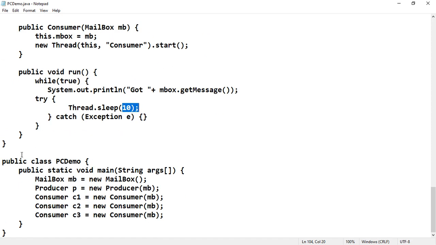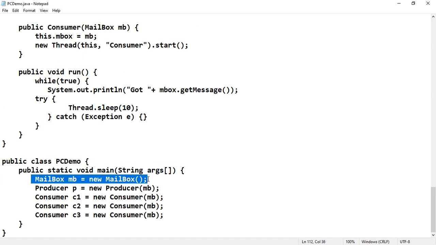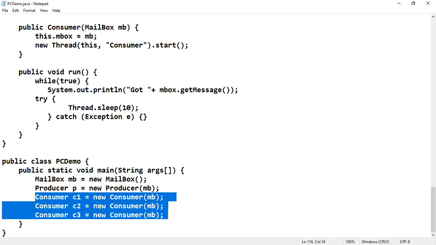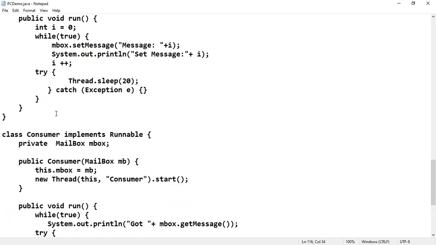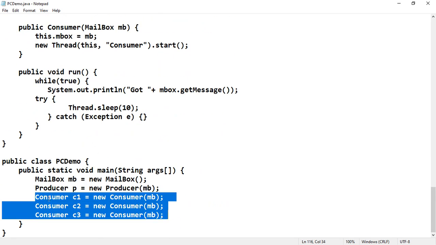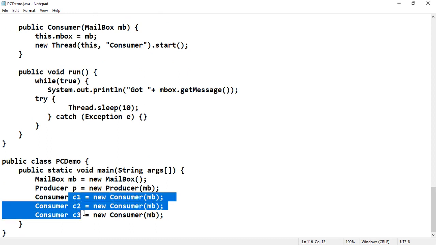Then in the main class, one shareable mailbox object was created, which is a monitor, and one producer was created, but 3 consumers were created. Since I have mentioned notify all, obviously whenever the producer produces the message, these 3 consumers will be intimated.